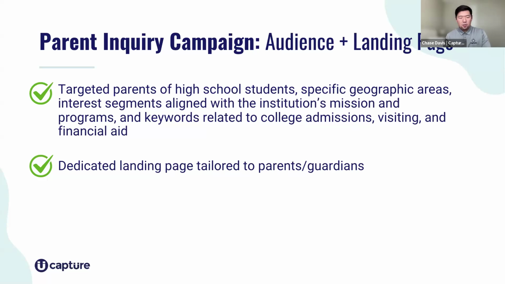Jackie was talking about ensuring that the content of the ads matches the call to action and also whatever your targeting measures are. So with this, we want to make sure that we use targeting measures that are relevant to the programs the campus offers. If they don't offer engineering, we're not going to try to target students or parents who are interested in engineering. So we make sure we do that in all of our keywords in all of our particular audience segments.